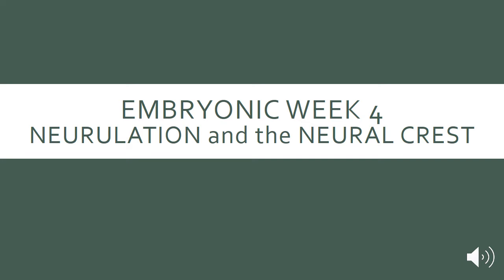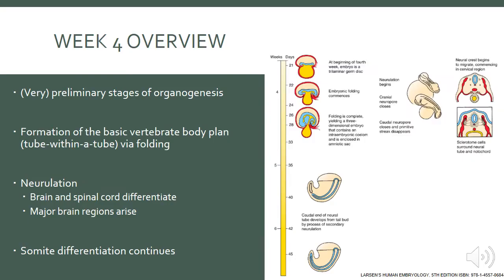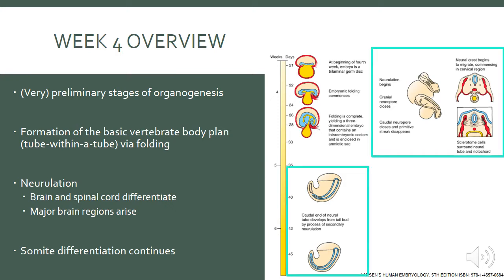And now on to embryonic week 4 again, but now we're looking at neurulation and the neural crest. So we looked at body folding, now we're going back, same time frame, different process. So we'll start with neurulation. Now back at our overview, we're looking at these sections of our overview, which cover neurulation, which is again,